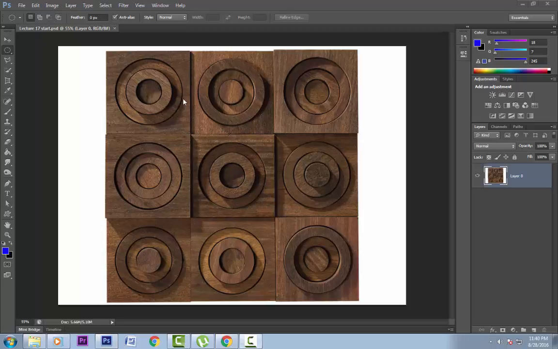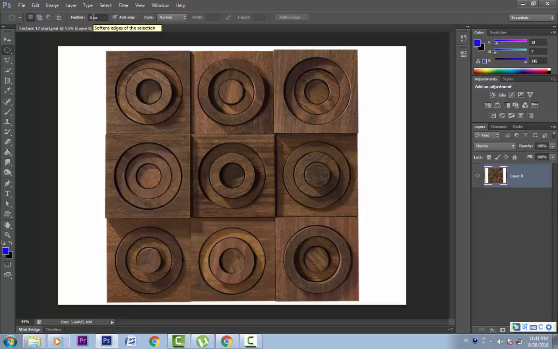Before wrapping up this lesson, I also want to tell you about these options of the marquee tool. These are the same as the keyboard shortcuts. For example, I'll make a selection. Now if I want to add to the selection, remember the keyboard shortcut is Shift. If I press Shift, the cursor changes to a plus sign and you can see that this option has been selected. This is add to selection. Now if I press Alt on my keyboard, it changes to the negative sign and the option changes to this option. This is subtract from selection. If I press both Shift and Alt, the cursor changes to a cross sign and this option is selected, the intersect selection. Cool. Another option is this feather.